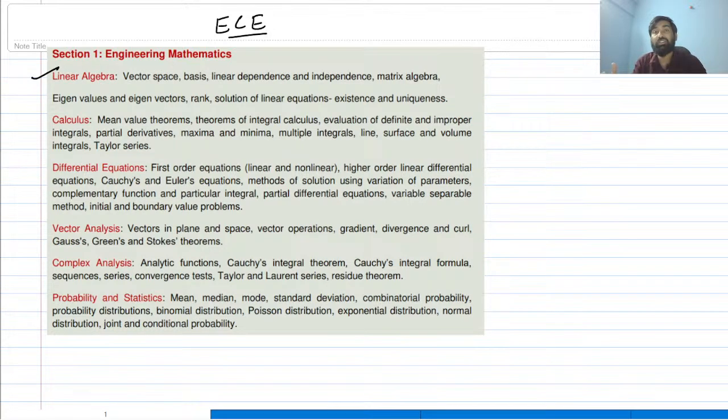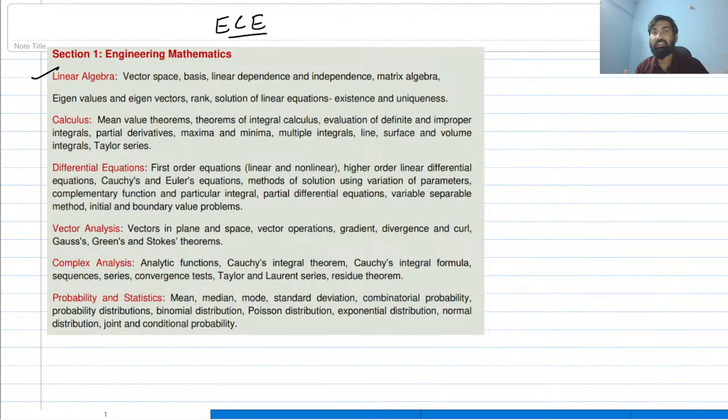And if you want to solve a system of linear equations, say you have two or three equations, it's okay. If I give you two equations and two unknowns, you can easily solve the system. But if I give you five equations and five unknowns, how can you solve them? Suppose you have been given a network and you have got six loops, and you have to solve the equations and find the current in each loop.